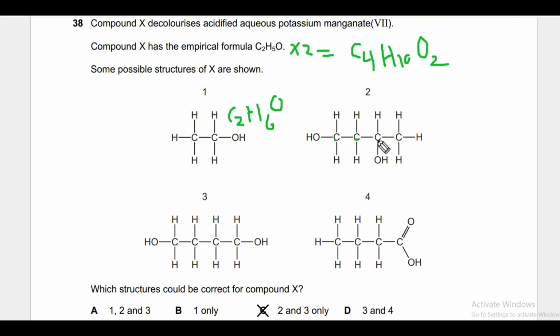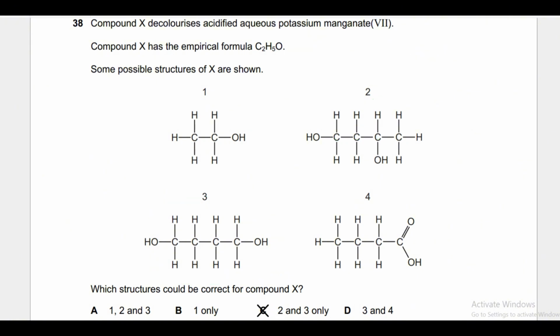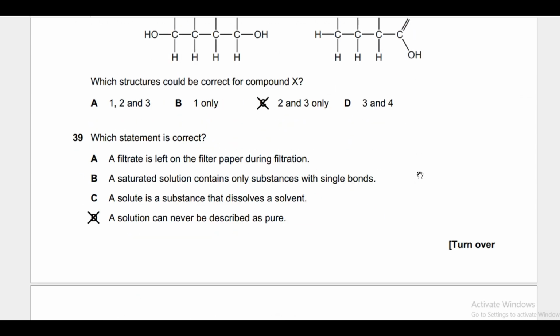So 1, 2, 3, 4: C4, then 3, 5, 7, 10 hydrogen and 2 O. Number 2 has this molecular formula. Number 3 also has molecular formula C4H10O2. So C is the right answer. Next,